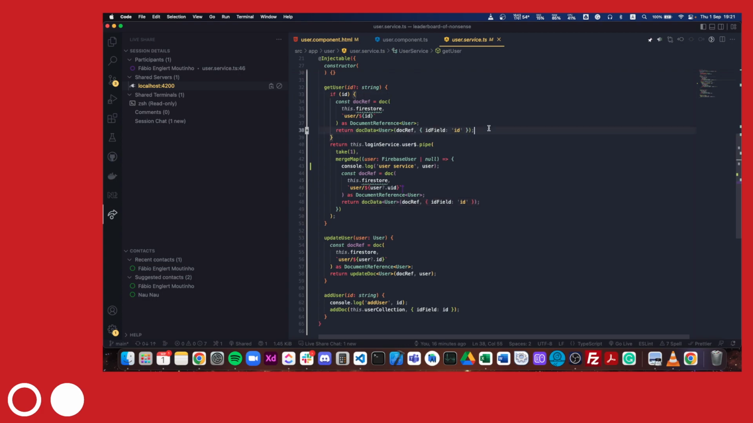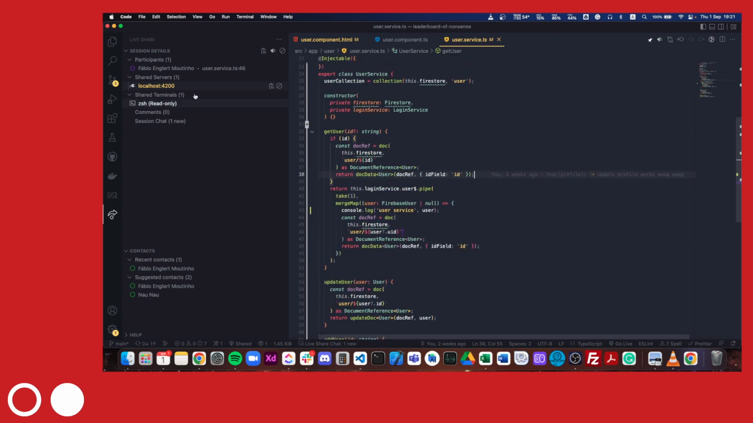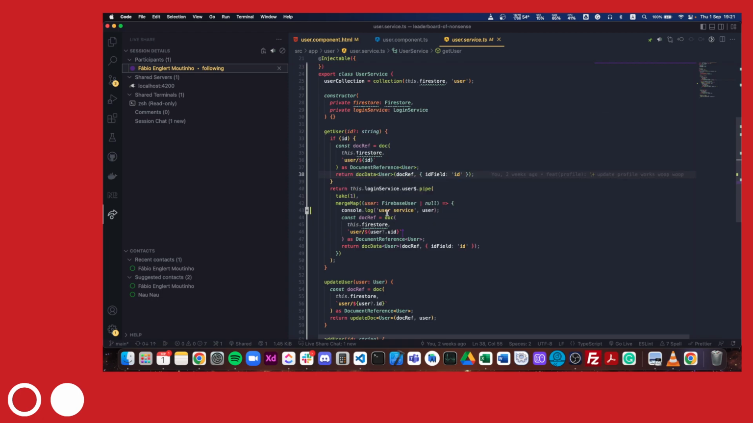Okay, so the user service is getting user data. Yeah, I just added a log inside the merge map, lines 42, 43, and it's emitting values, but